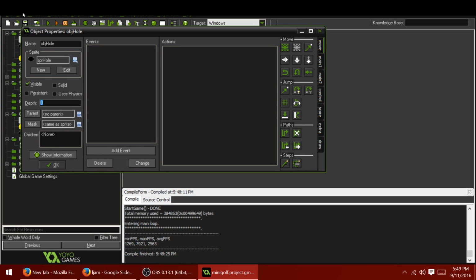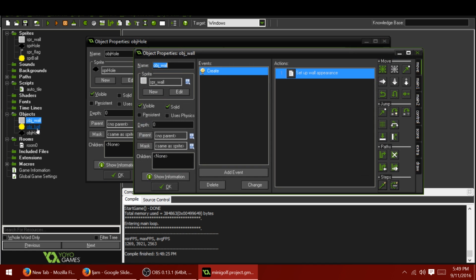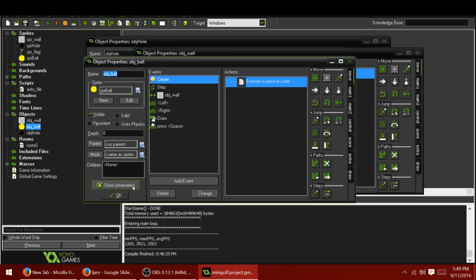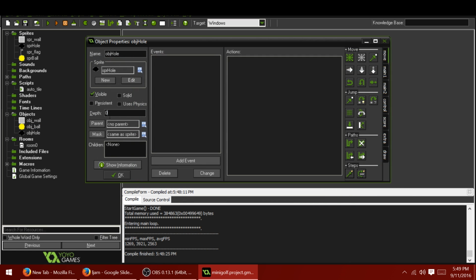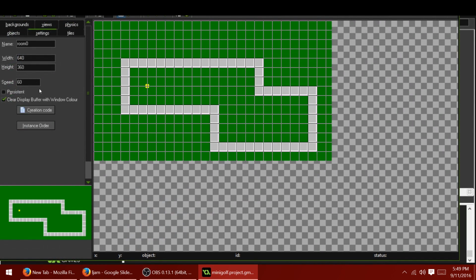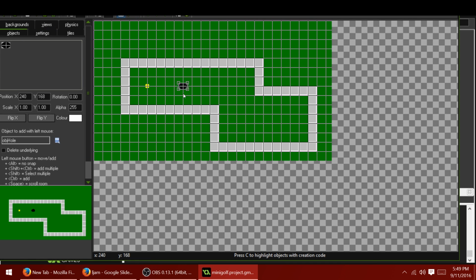And one of the things you can do in GameMaker is you can set an object's draw depth. The higher a draw depth is, the further down it's drawn. The lower it is, the further above you it's drawn. So currently, our wall and our ball are being drawn on roughly the same plane of existence. Now let's say for the hole, we want to put it behind us. So we can set a depth of 5, so it will always be drawn behind. And if you want to see how important depth is, let's set it to -5, where the hole is drawn above the ball. Let's go ahead and place our dummy hole object right here